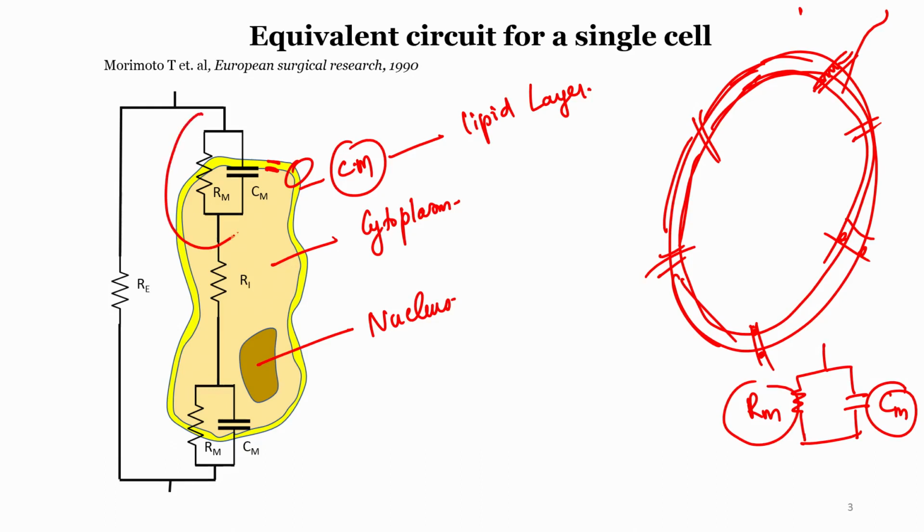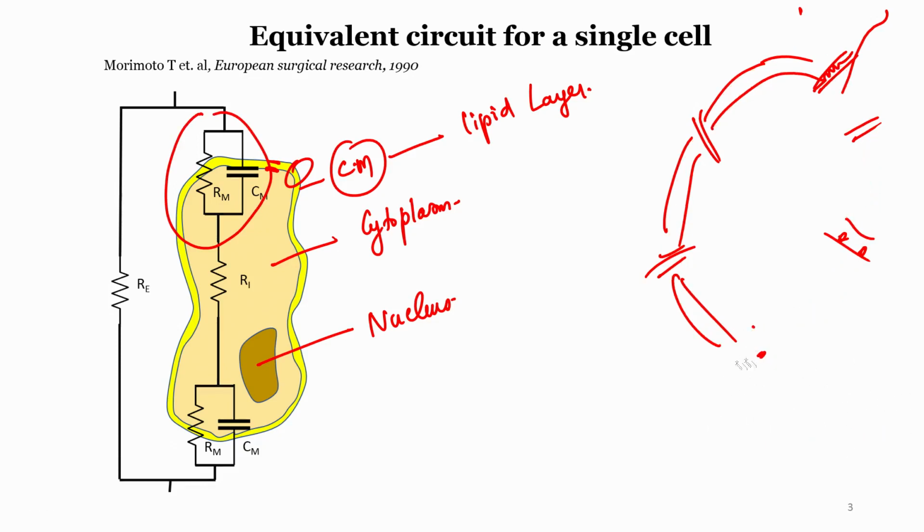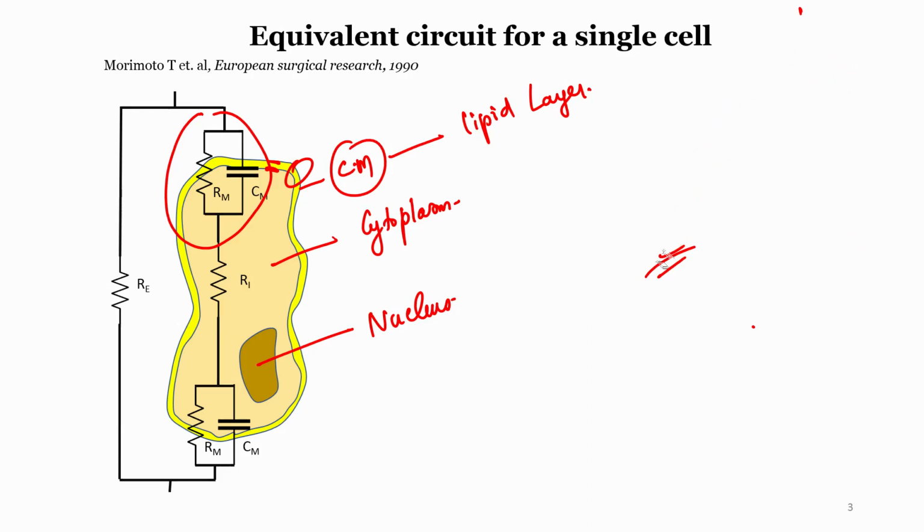That is what is shown here. So that part is done. You have understood. So that is the electrical equivalent model of the cell membrane of the cell. Okay. Now that is done. Now what did we see next? What we saw next is that we have the cytoplasm. Here, as you can see, the cytoplasm is modeled as a simple resistor.